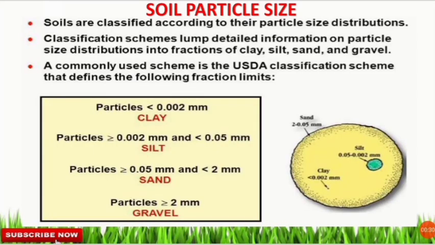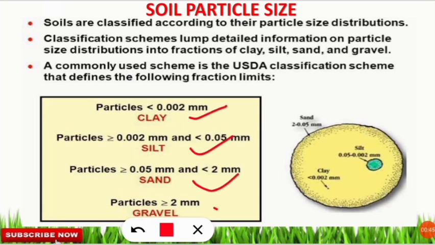Whatever I tell you, note it down, because these are frequently asked questions. Mainly the soil is composed of 4 different particles: clay, silt, sand and gravel. Their constituents make different types of soil and different quality, and they have certain limits. The limit is based on the diameter of the particle size.